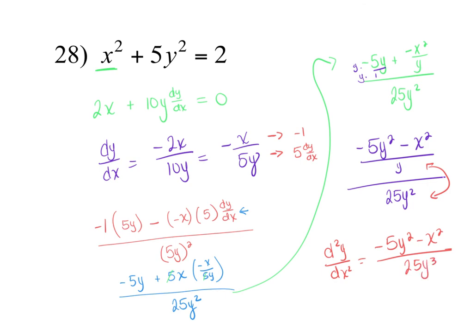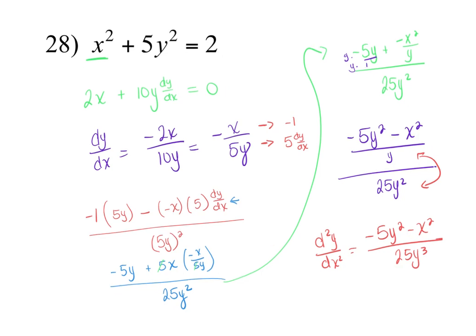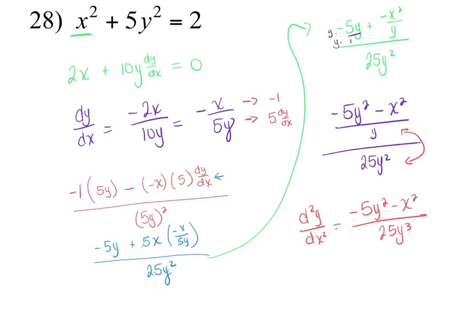All right. And I think you can keep going here, actually. I disagree with the answer. All right, so I'm going to do something that my answer key did not do. I think I'm right here, but I'm going to take a negative out of that top. Negative 1 out of the top. I have a positive x squared, a positive 5y squared over